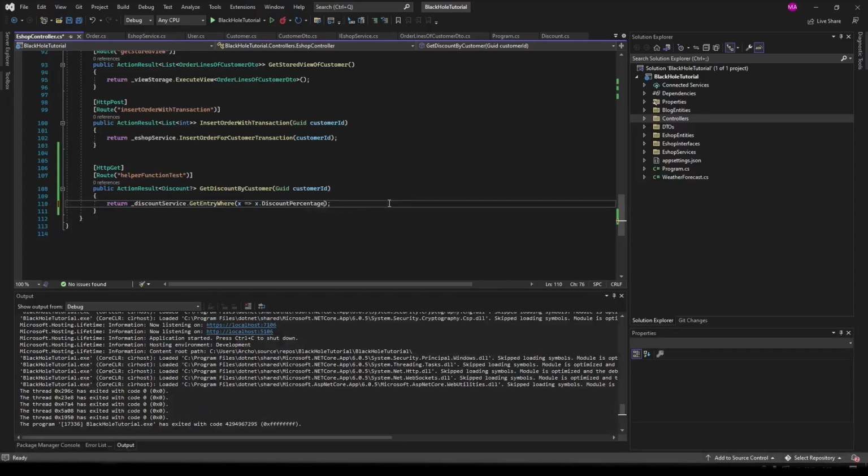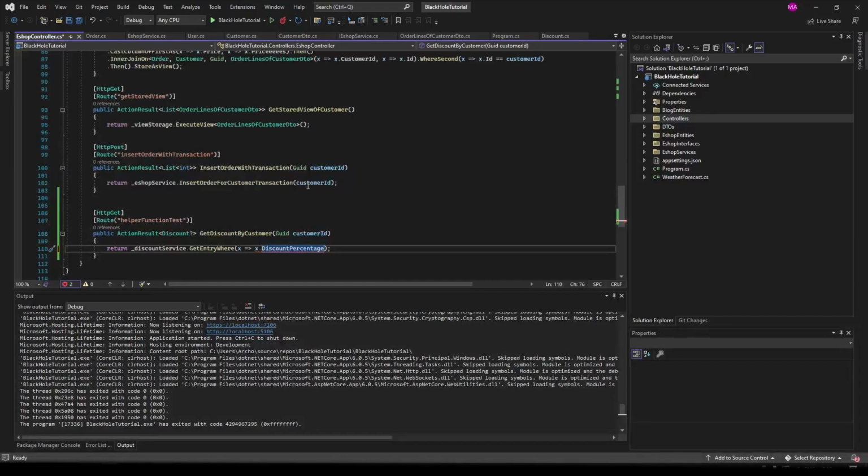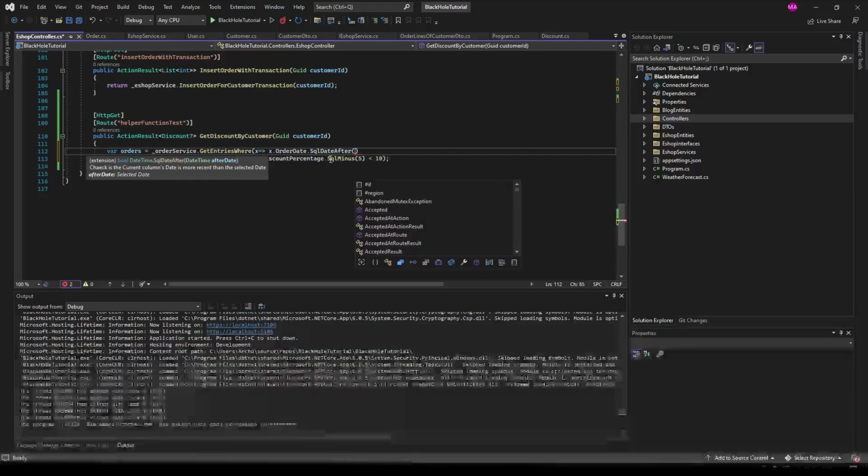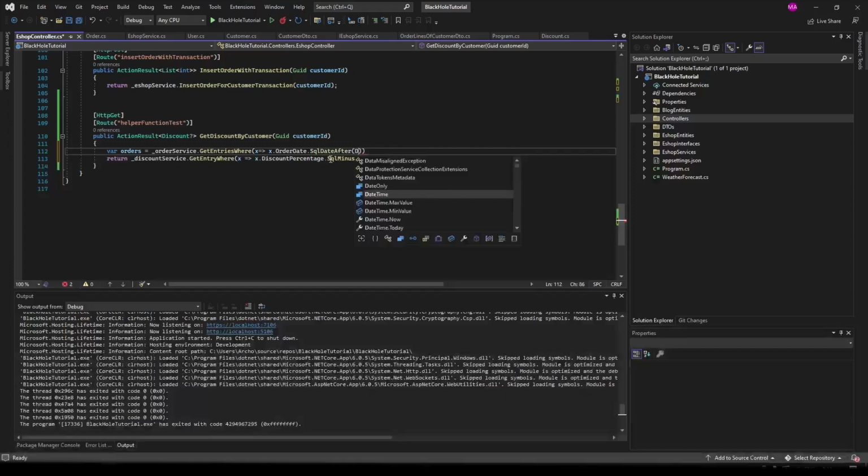I don't have the time to show everything. You can play around with SQL functions. There are also SQL functions for the date. For the order date, we have two methods here: SQL date after and SQL date before, and of course we have the max and the min. So if we want to check if something is later, let's say